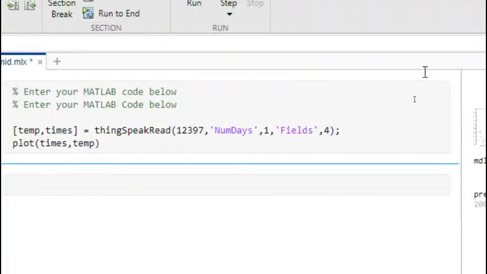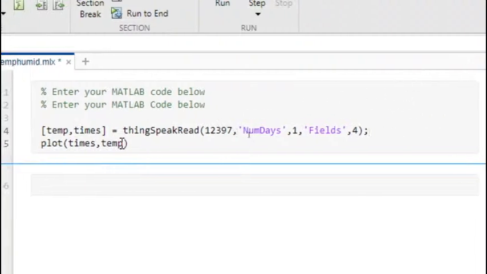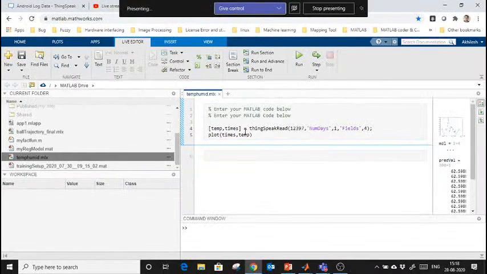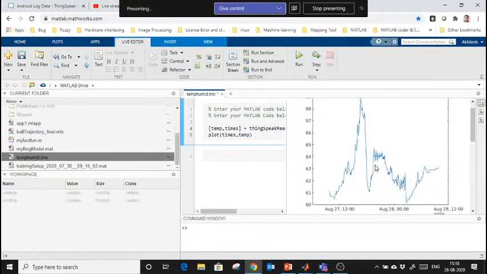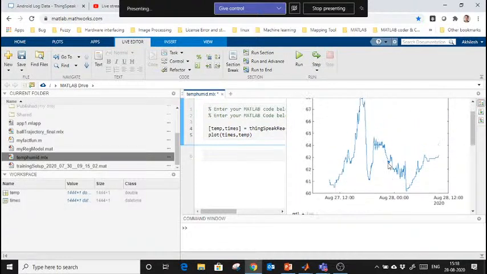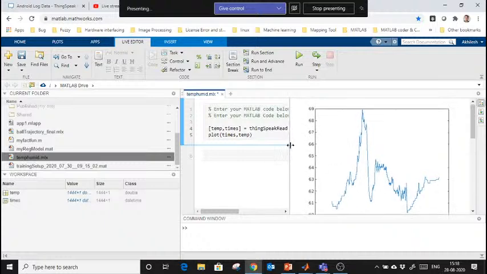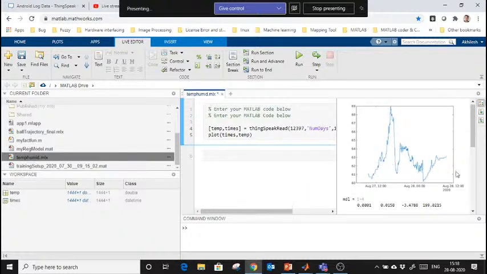Just in 2-3 lines you can create a forecasting model as well. Let's say if I know the present temperature, I can predict what will be the next temperature value, or I can predict for the next 24 hours as well. Depends. If I run this, it shows temperature with respect to time. So I am going to create a forecasting model and predict what will be the temperature in the next coming hours. Okay,